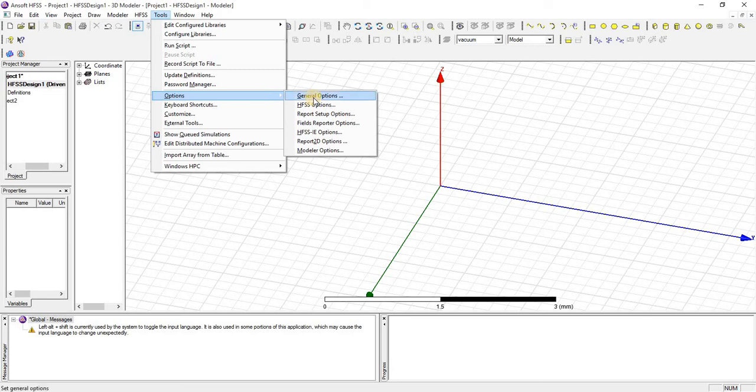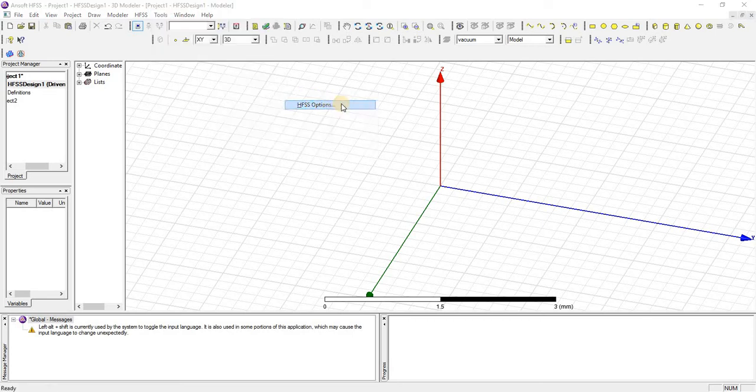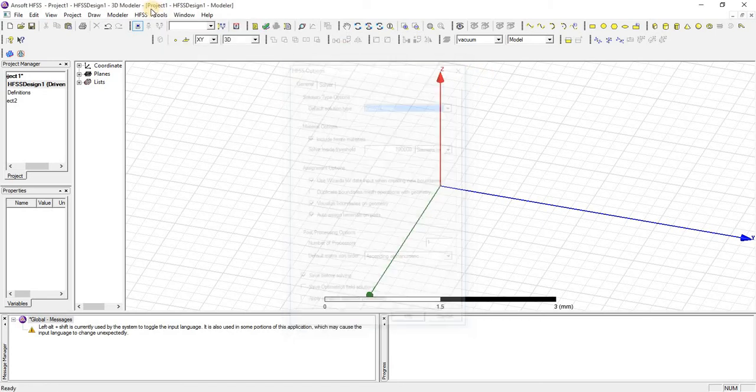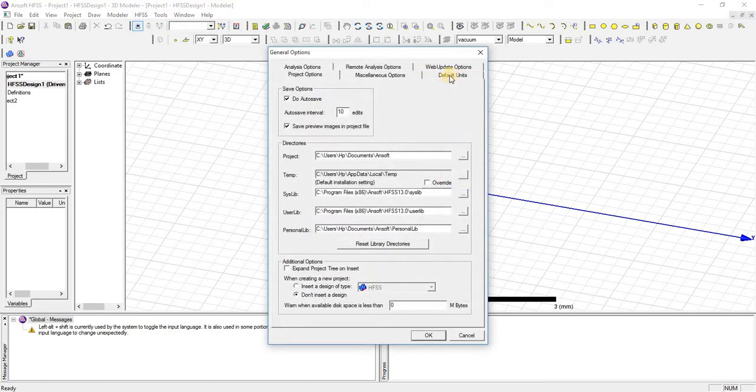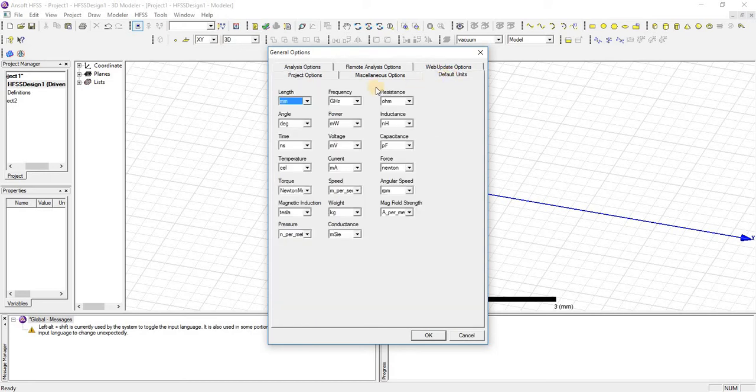If you want to change that unit so that it is saved automatically in every new project, just go to Tools, Options, and here is HFSS Options, and the Journal option. Here you can see the default units. Now here you can select any unit for length, whatever length unit you want, and you can change frequency, resistance, and all kinds of units by default here.